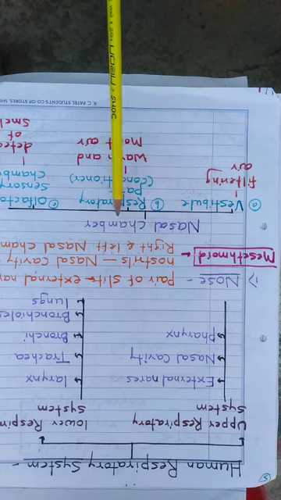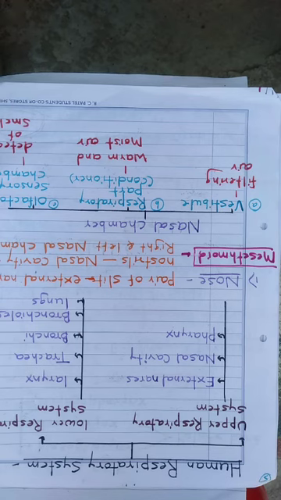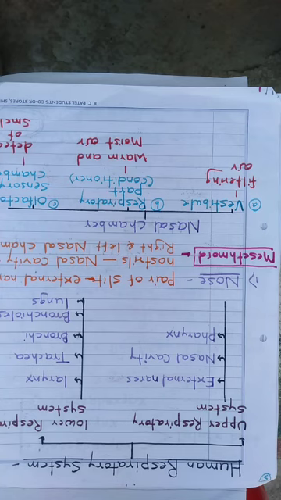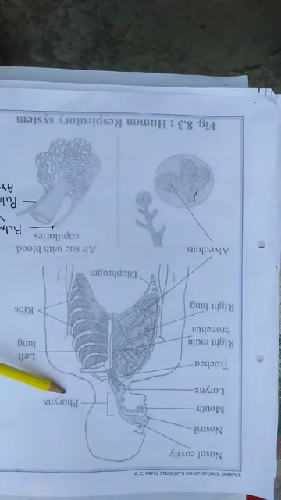The third part of the nasal chamber is the olfactory or sensory chamber. It is lined by olfactory epithelium, and that epithelium detects the sense of smell. The detection of smell is the function of the olfactory or sensory chamber. Now this nasal chamber opens into the next part of the respiratory system, called the pharynx.